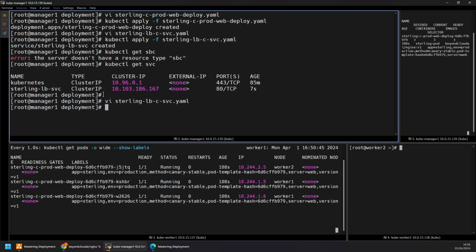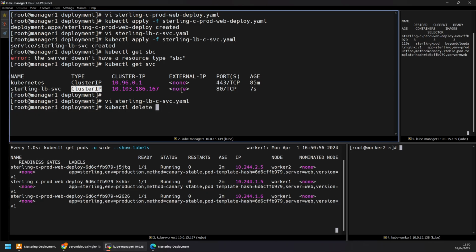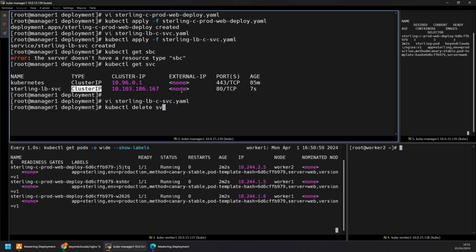You can see that it has created a cluster IP address, which is a default one, not a load balancer. So I'm just going to delete the service, kubectl delete svc, the name of the